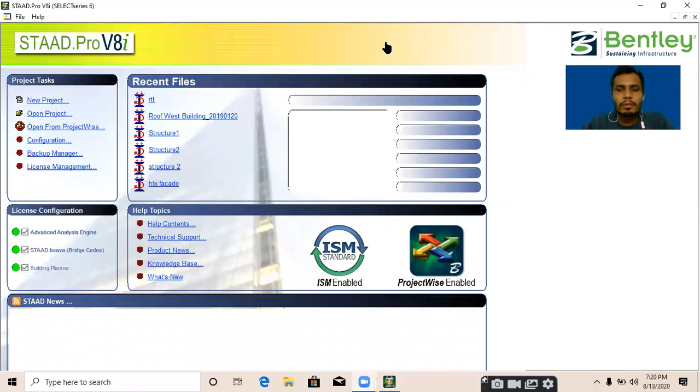I'm giving you one project in this session, and the project is G plus 5 floor building design. You need to take a plan of a building which you like. Just provide property according to your choice, provide support as a fixed support, and all the loads like dead load, live load, seismic load, and wind load. You need to assign all the loads, design this particular building, take a grade of concrete as your choice, like M20 or M25. Take steel grade Fe 500 and design it.